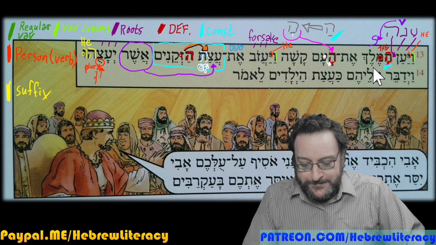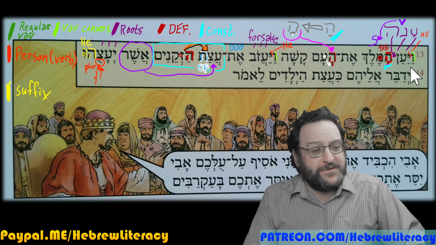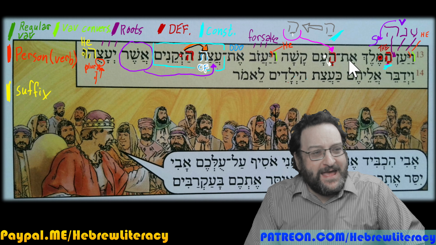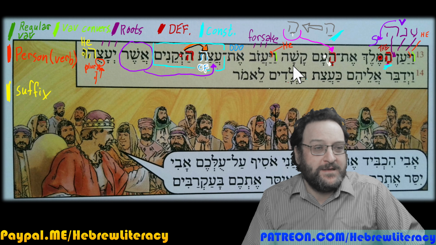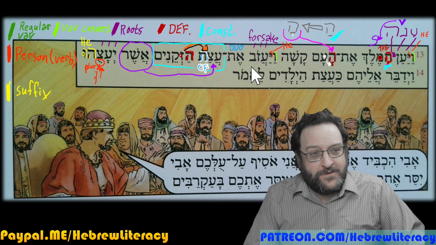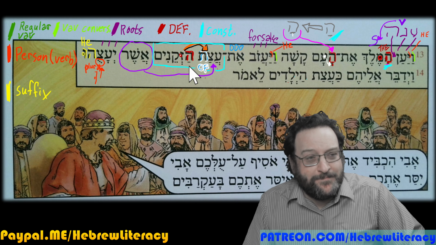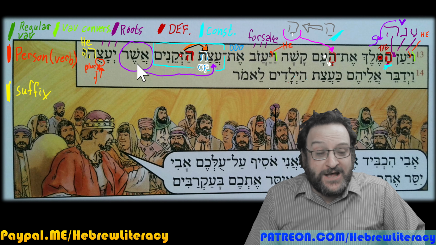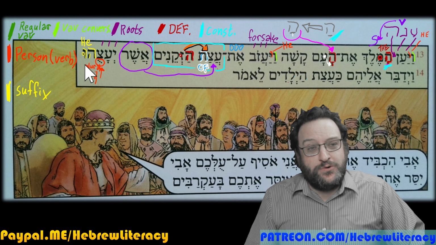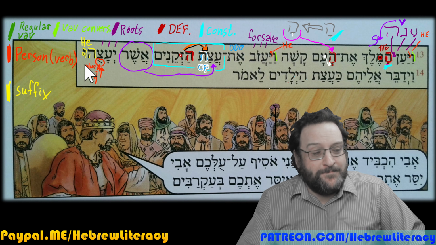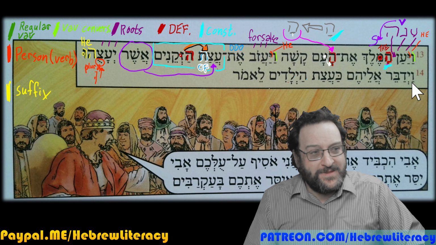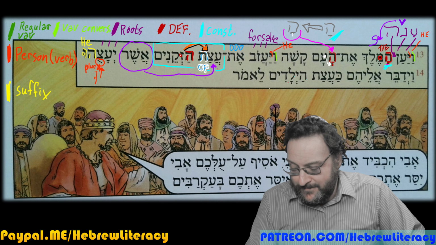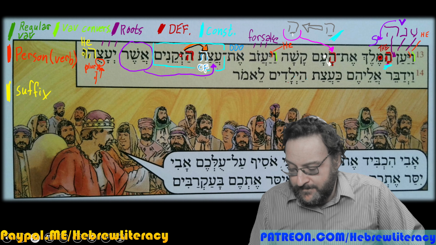Okay, all right. Maybe just run through verse 13 one more time. V'ya'an hamelech et ha'am kasha. The king answered the people harshly, like an adverb there. V'ya'azov et atzat hazakenim. And he abandoned the advice of the elders, asher, which ya'atzuhu, they had counseled him. Verse 14. Vaydaber alehem. Vaydaber, and he spoke.